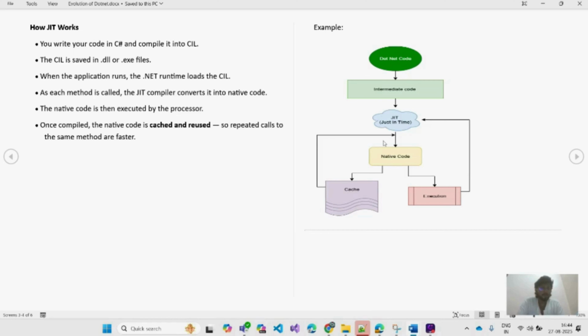So the system will be a little slower at first, but when a method is reused, it will be cached and used from there. When we use the same method, the CIL code will not be converted again into native code. It is taken from the cache memory and used, so it will be much faster. This is an example diagram you can see on the screen. Now we can learn about